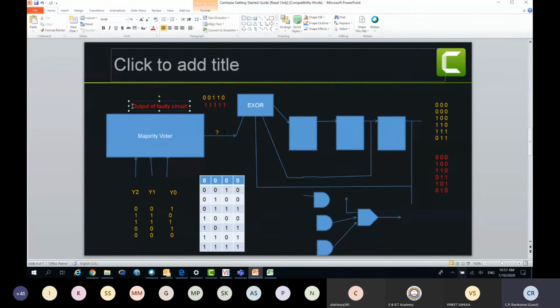So this circuit has a fault. This wire is stuck at 1. We call it a stuck-at-1 fault. Okay. So whatever this value is, the input to this XOR gate, if you have given some names, let us say these are called Z1, Z2, Z3. So this is Z1 stuck at 1.